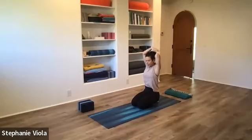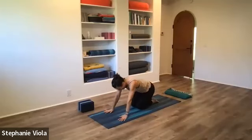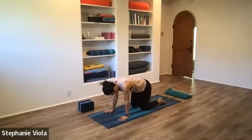Bend that left elbow, grab for the left elbow. See what's happening with that left shoulder. Breathing into it. Reach the arms all the way back up, hands down to the mat, separate the knees to hip width distance